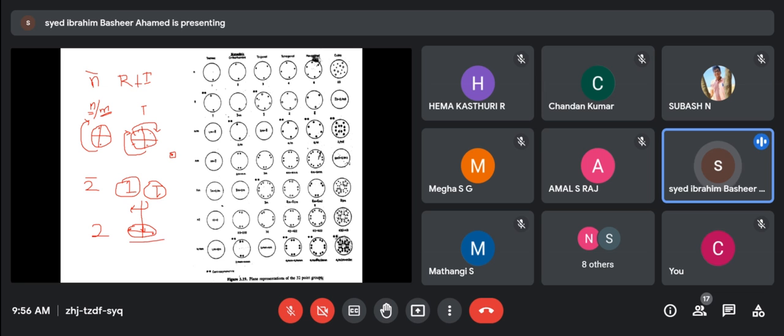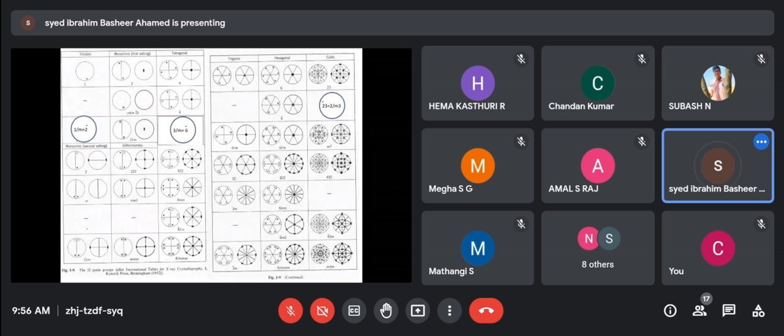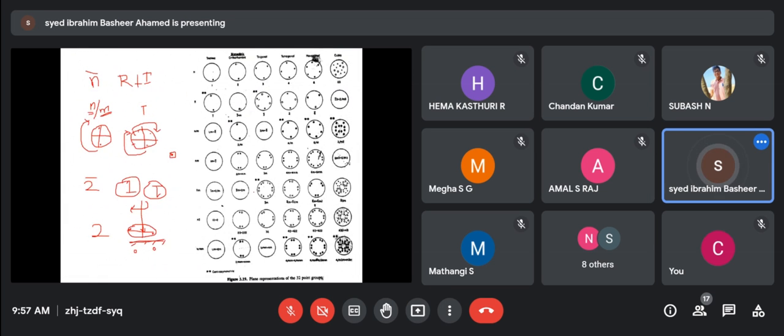And if you have a mirror plane here, assume you have a mirror plane which is perpendicular to the rotation axis. What will happen? It will be reflected. So it will become like a circle. Alright, that's what is here, 2 bar M. Okay, so here, where is it? Yeah, you can see here, 2 bar M. Okay, dots and then circle.